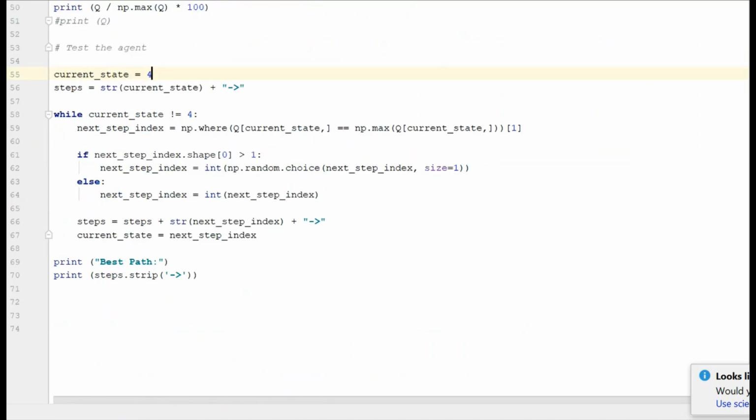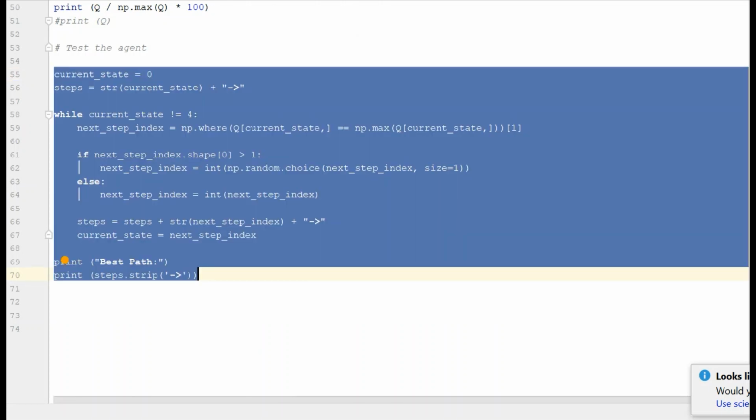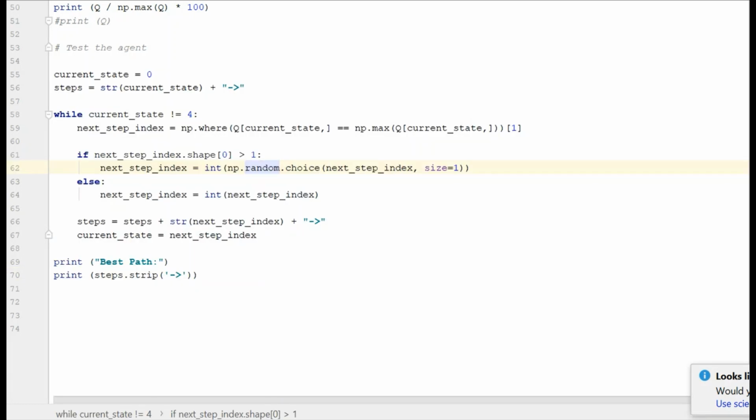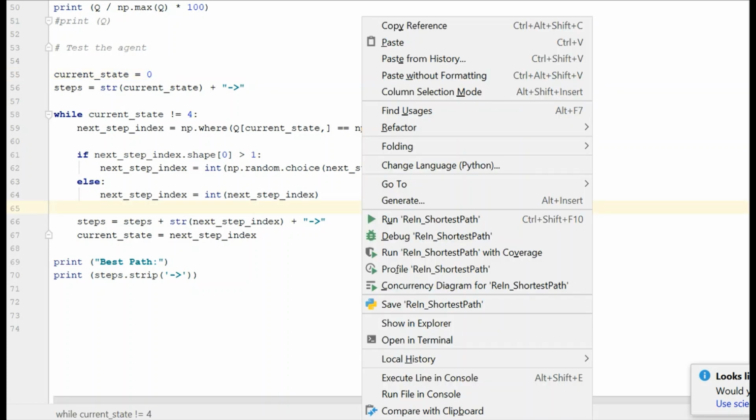Finally, we want to test the agent. So let's say if I put my current state 0, now this section of the code basically tests the agent. So let's say first our state is 0, then what will be the most suitable path?